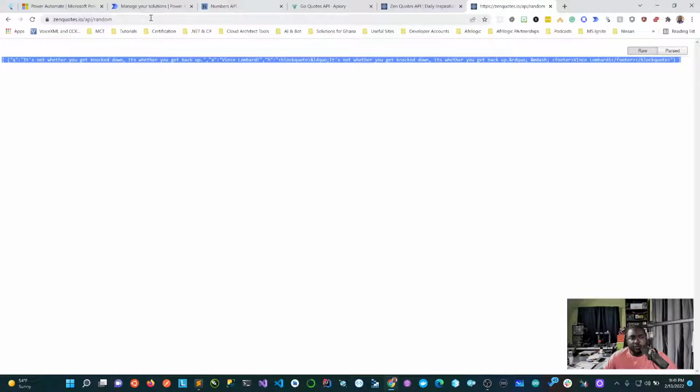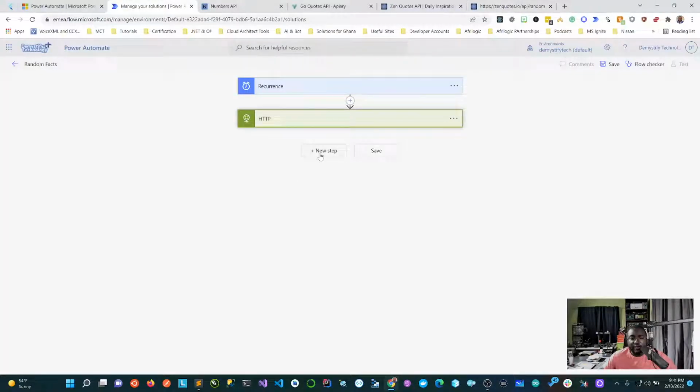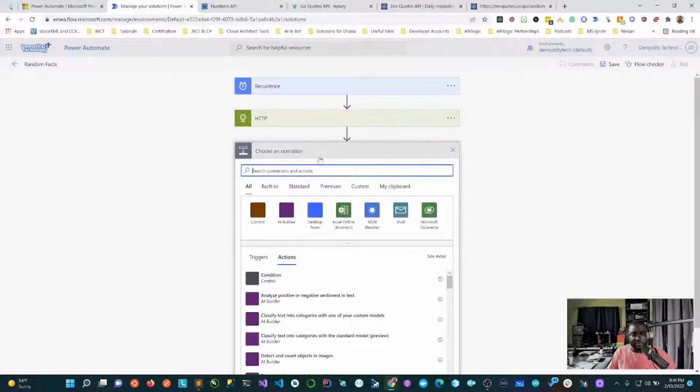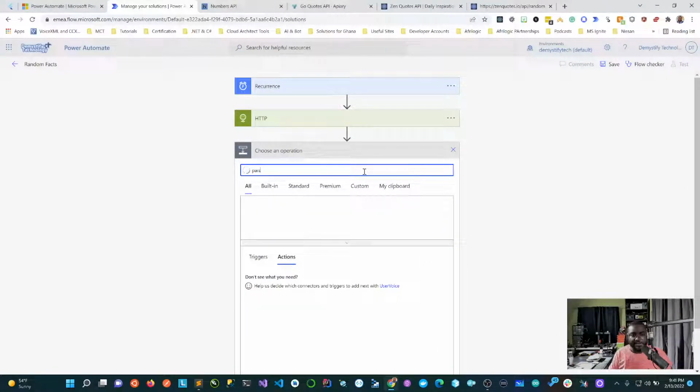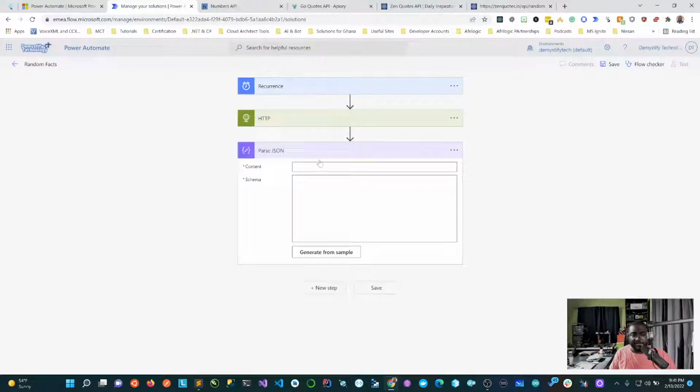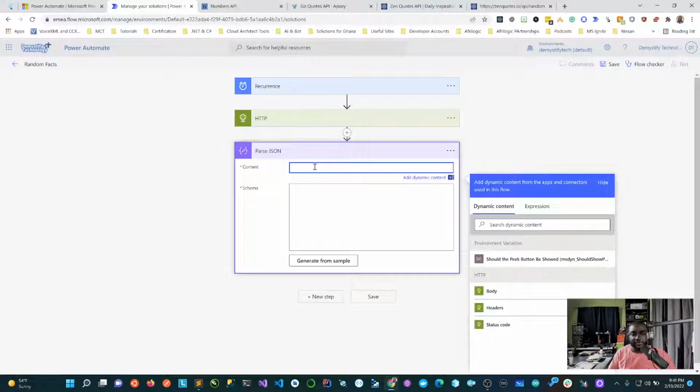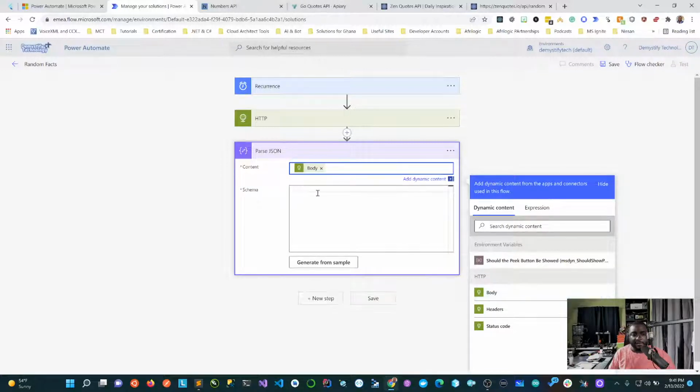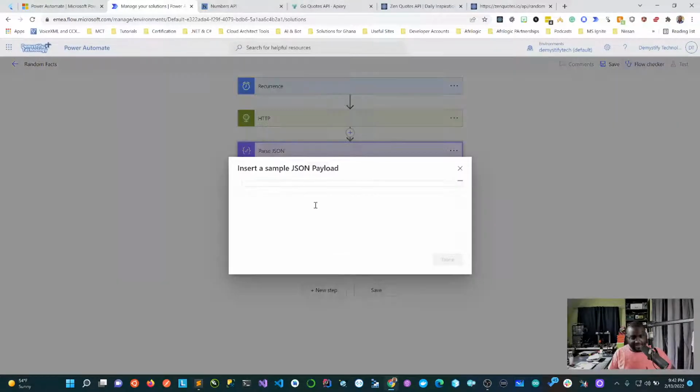So I'm going to copy this, and you're going to understand very soon why I'm doing this. All right. The next thing I want to do, and like I say, this is not a Power Automate tutorial. We're just talking general Power Automate, and I'm showing how to do something. If you want to understand what I'm doing, please go watch previous episodes. We'll finish this and then call it a day. What I want to do is parse the JSON. The content, like I said, this is a visual program, is going to be the body from this HTTP call. And then I'm going to generate from a sample. That's why I copied that.